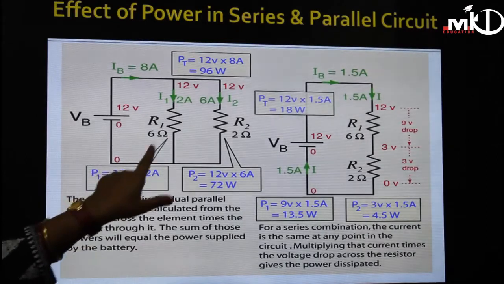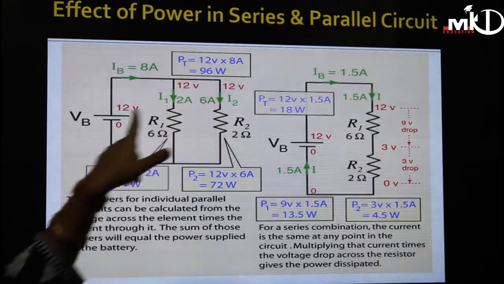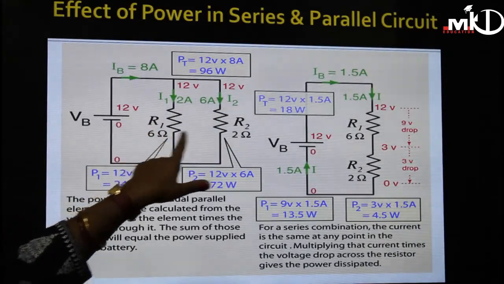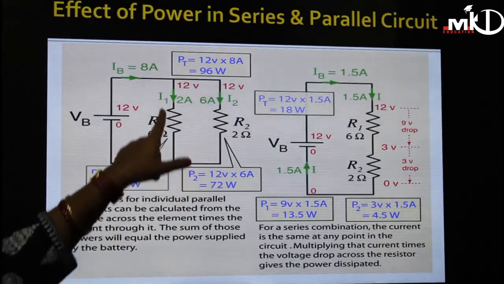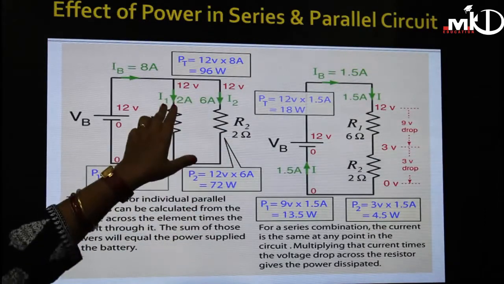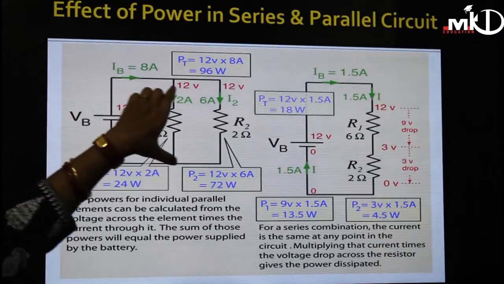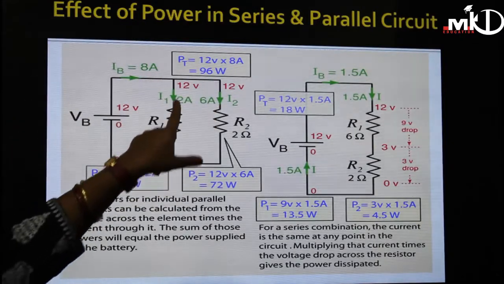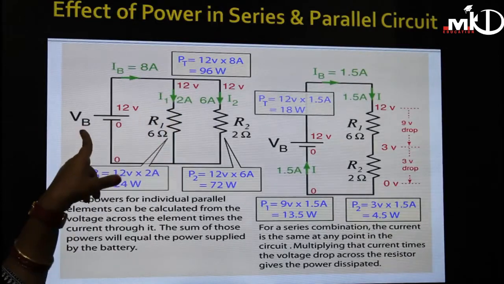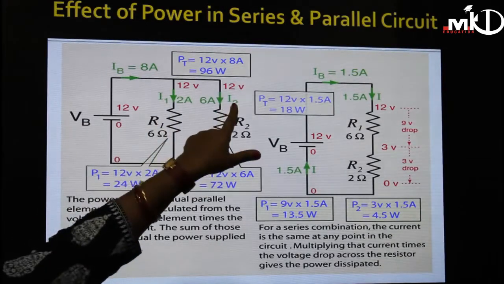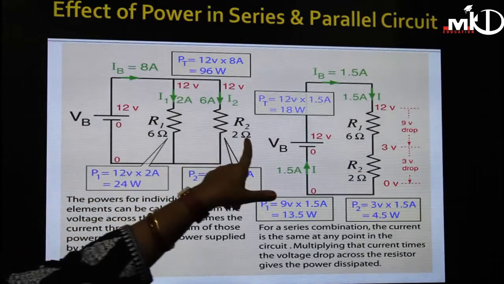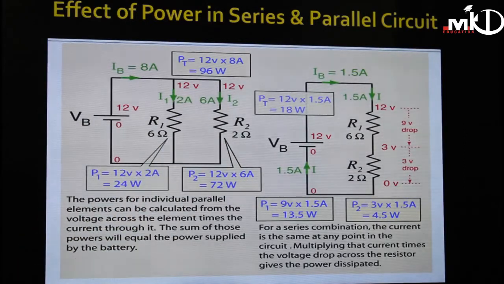So here we can see we are having I1 and I2. V is given, R1 given, R2 given. So simply by applying Ohm's law, I can find out I1, that is V by R1, because in the parallel circuit voltage is the same. So that's why I1 is equal to V by R1 and I2 is equal to V by R2. So I can find out P1 and P2.